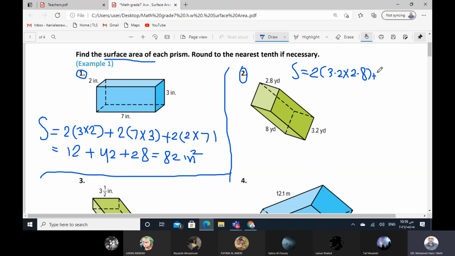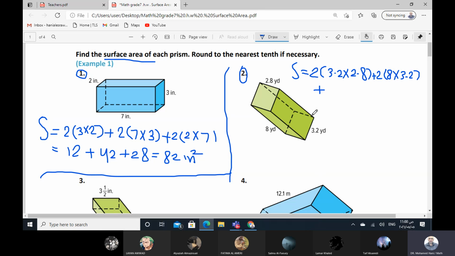So we can write here 2 times, here we have 8, the length will be 8 times 3.2. Plus